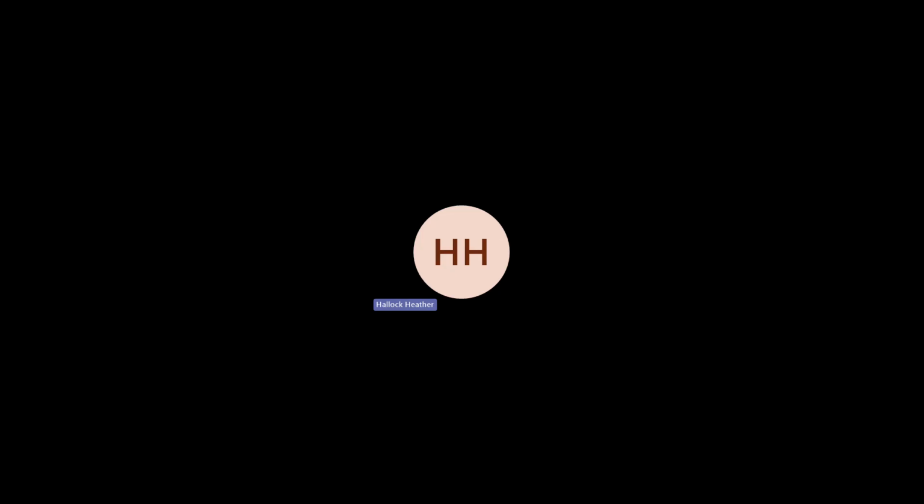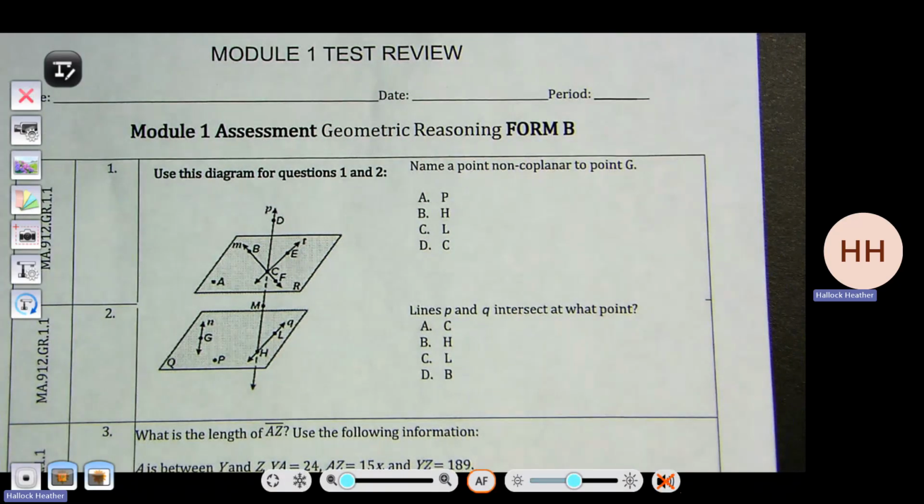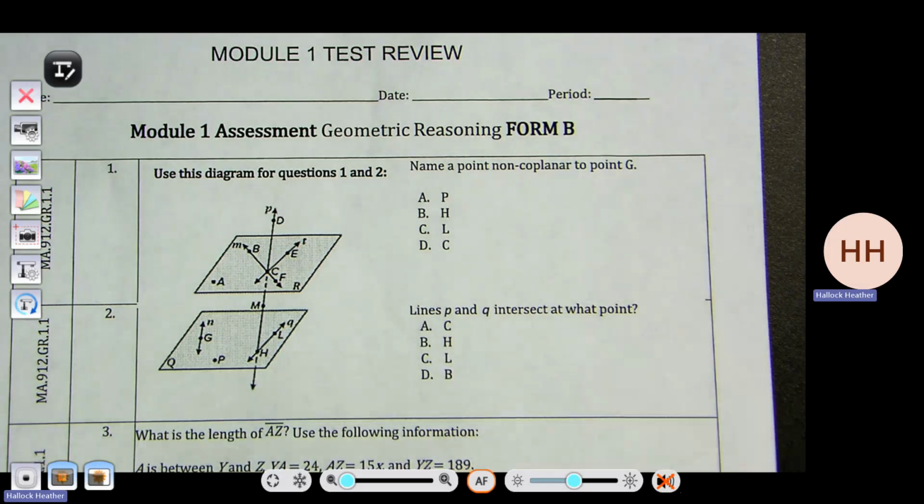Through all of these. And then, yes, module 1 test review. Numbers 1 and 2 are using the same picture. It's vocabulary. It says, use the diagram for questions 1 and 2. Name a point